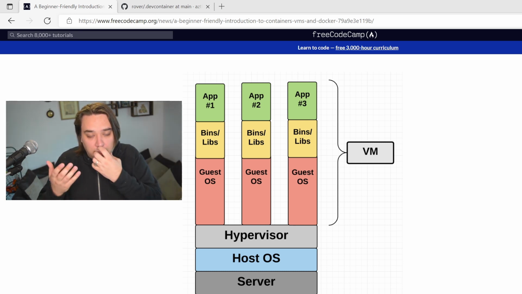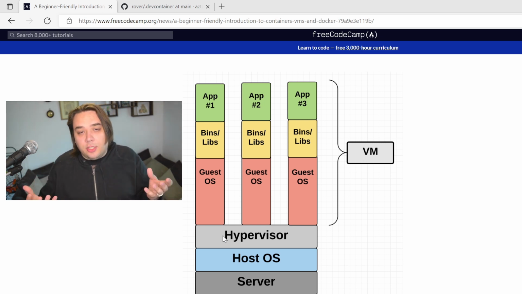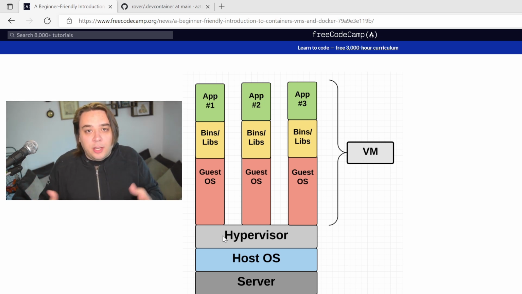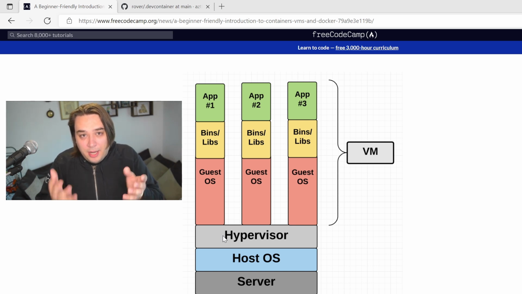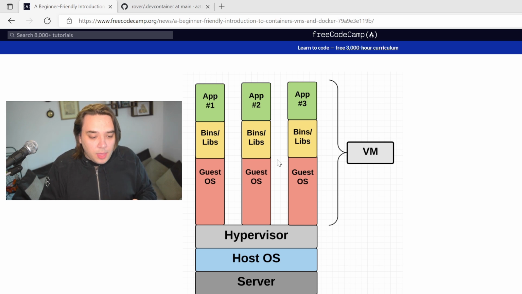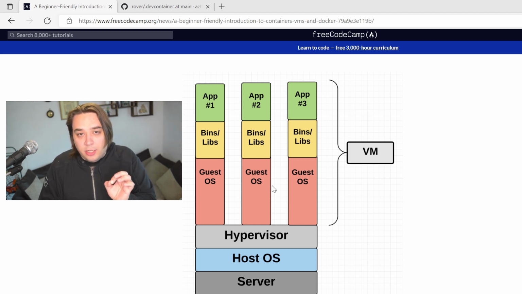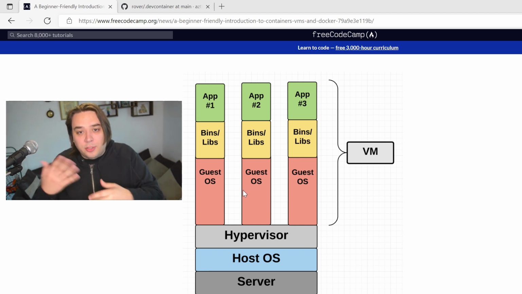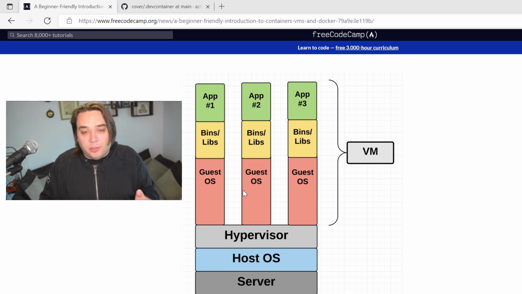Then after that, I'm going to be looking at the hypervisor. Essentially I'll install a program which will allow me to create a virtual machine. So I'd install Hyper-V or VMware, usually on different servers, but in this case, if I wanted to, I could install it on my laptop and then run a virtual machine from there. And when you create a virtual machine, you pretty much have a guest OS. So it's a virtual machine within your actual computer.